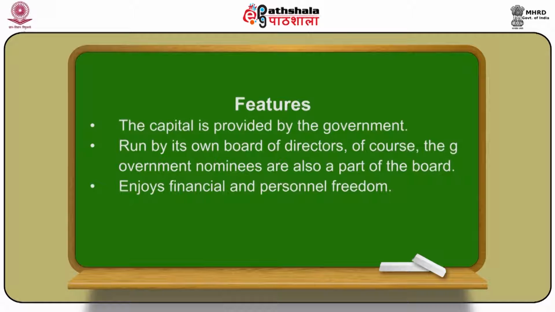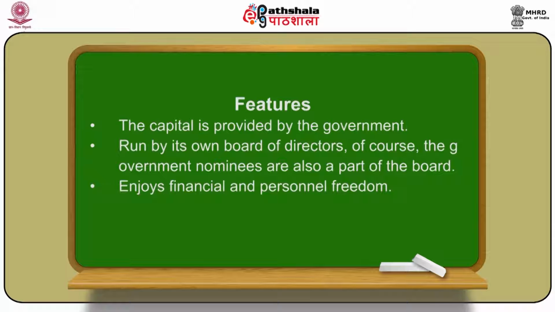The capital is provided by the government. The initial capital to establish and run the public corporation is provided by the government. That's the biggest advantage. Once it is established, the owner is the government, but operational freedom is given to the public corporation, and there is a separate board of directors to run it. The board is nominated by the government from time to time to ensure some sort of balance between specialists, control, guidance, and overall effectiveness. So the board of directors provides the overall policy direction to the public corporation.